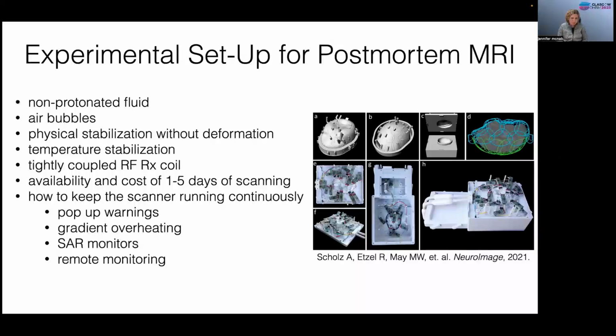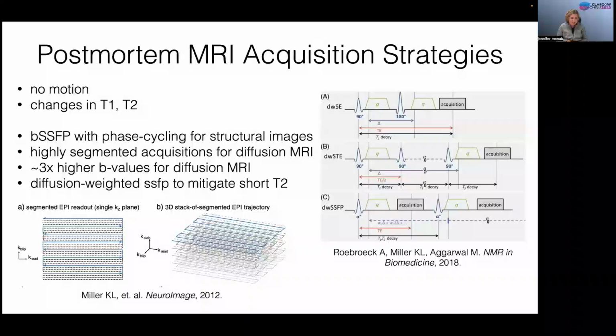In terms of acquisition strategies, there's no motion, and there are some changes in T1 and T2 to consider. The fact that T1 and T2 change has meant that balanced SSFP, which has this funny T1 over T2 contrast, provides really good gray-white matter contrast. And so balanced SSFP with some phase cycling has been shown to work really well to get really high-res, beautiful structural